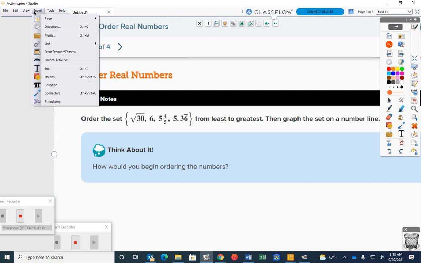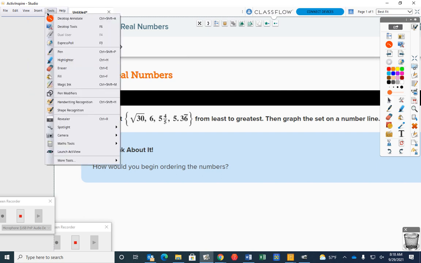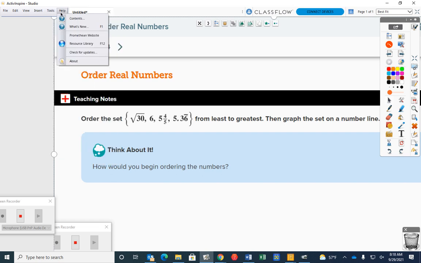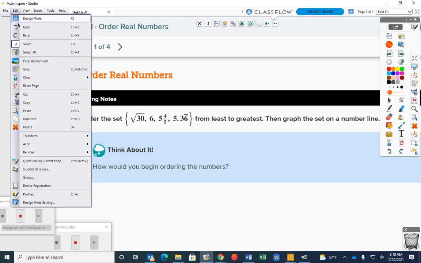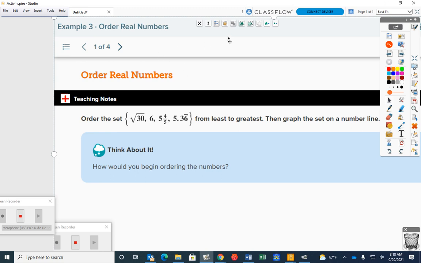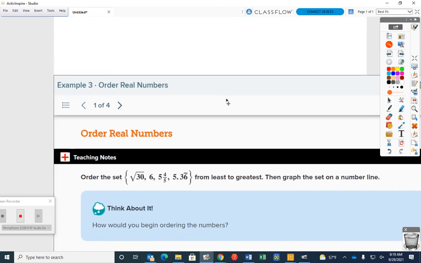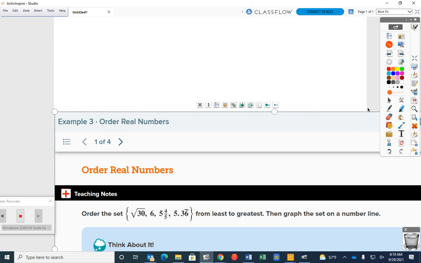Do you see a crop button anywhere? Don't you just pull it down? We'll just do it right up here. Can you see them now? Yeah. Okay. So I have square root of 30, 6, 5 and 4/5, and